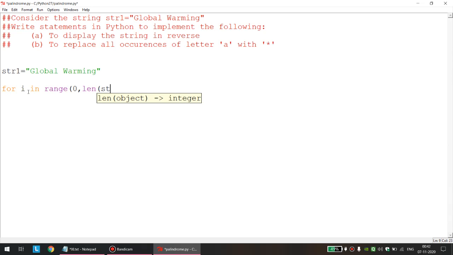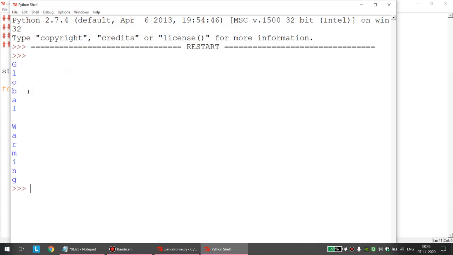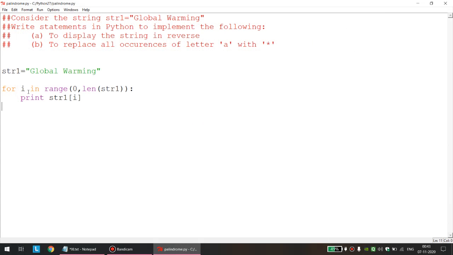The name of the string is str1, and we are just printing str1 of I. I hope this does the job. You can see all contents are there in a proper manner, so this is printing each content of the string in a straightforward manner. But here we have to print in reverse.